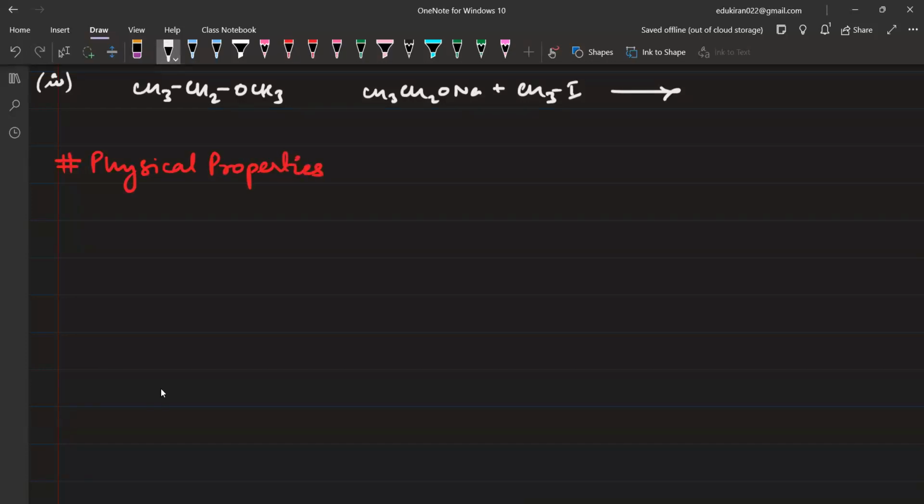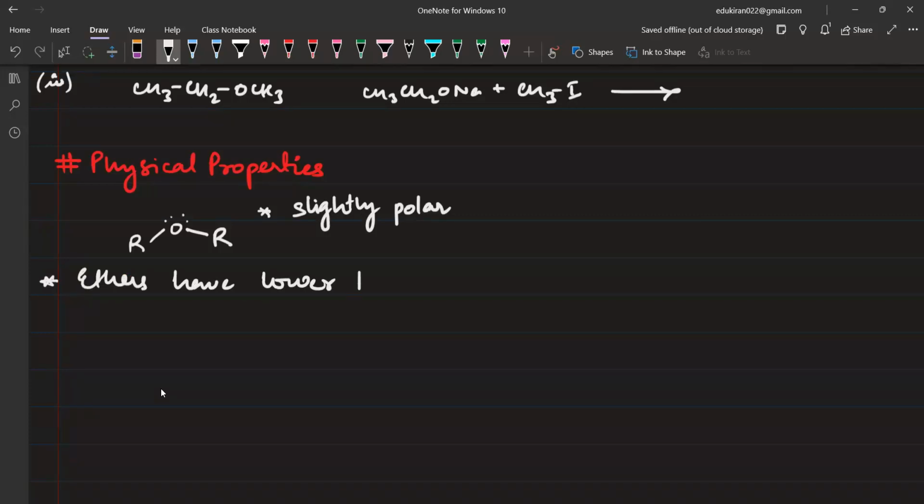Now, in physical properties, the structure of ether is something like this. Because we have two lone pair electrons here, this oxygen atom will be slightly delta negative, so this molecule is slightly polar, not very polar, but slightly polar. You'll write here, ethers have